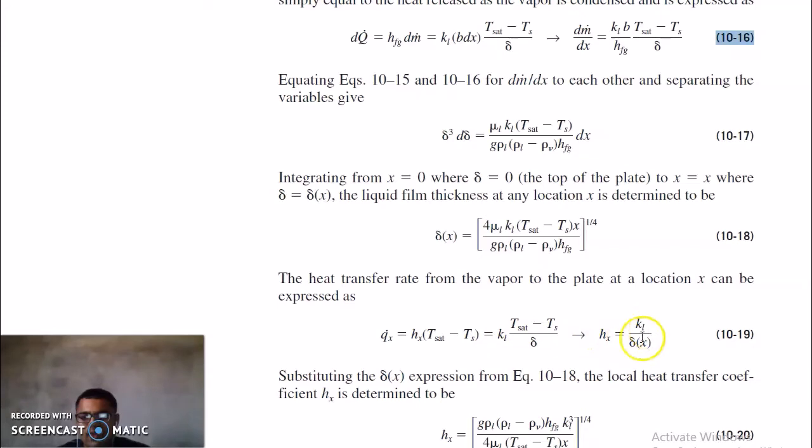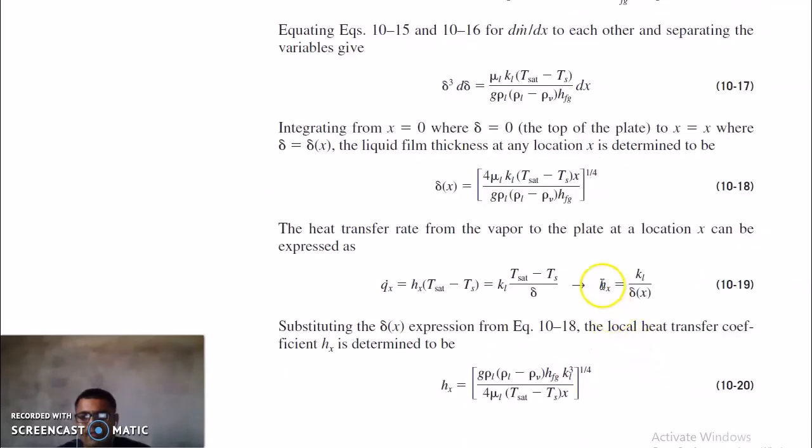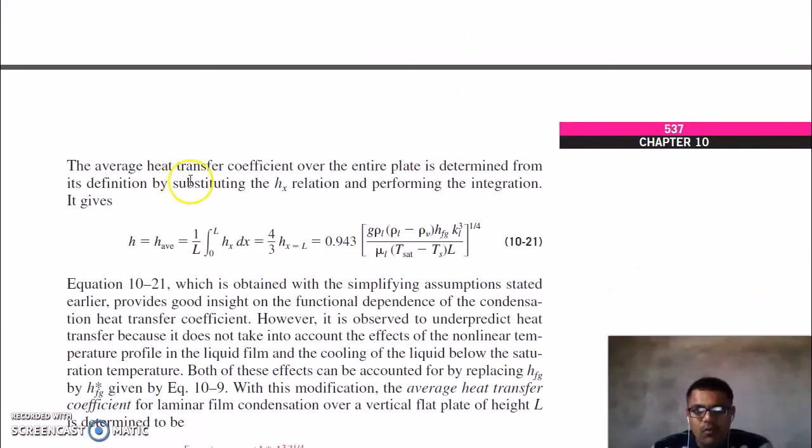where Hx is equal to Kl by delta x. Now Hx is the local heat transfer coefficient at a particular distance x on the plate. So put this delta in this equation, and you will get the local heat transfer coefficient. We are more concerned about the average heat transfer coefficient over the entire plate. The average heat transfer coefficient is equal to the integral of Hx dx from 0 to the whole length of the plate, multiplied by 1 by L. You will get 4 by 3 Hx at x equal to L,